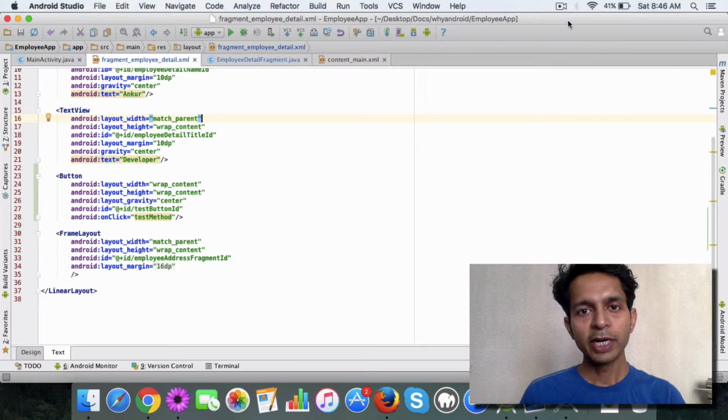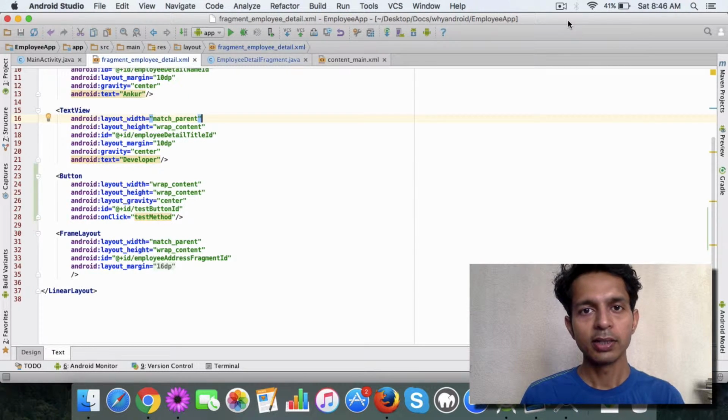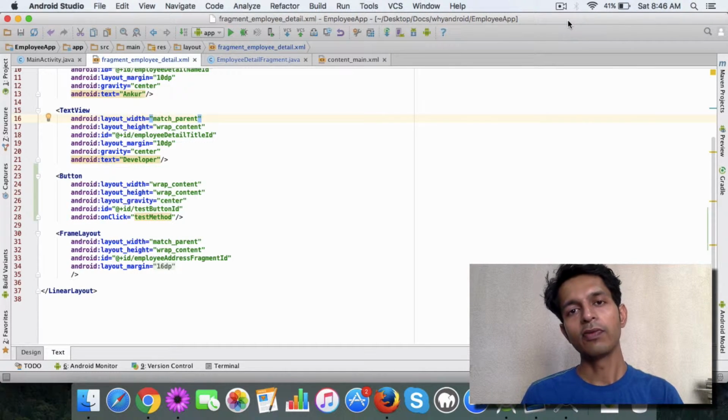So in your app, you might be using UI elements like buttons, on click of which you want to handle that event. Suppose your app has a button and when the user clicks on it, you want to display some message or perform some operation in the background. In order to handle button related events, there are a couple of ways.